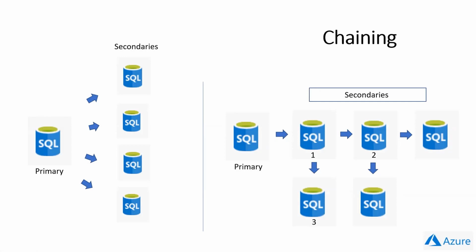And I mean, the disadvantage will be, of course, the increase of lag, in the sense that if you compare the primary and the last database of the tree, let's say database number 2 or 3, or even beyond the last database of the tree, of course, the difference of data, the lag will be higher, right? Because for getting from the primary to the last database on the tree, the data has to be jumping between 2, 3, 4, or more databases. So basically, the increase of lag of data is more in this situation. But there is an option you can do to have an endless number of databases.